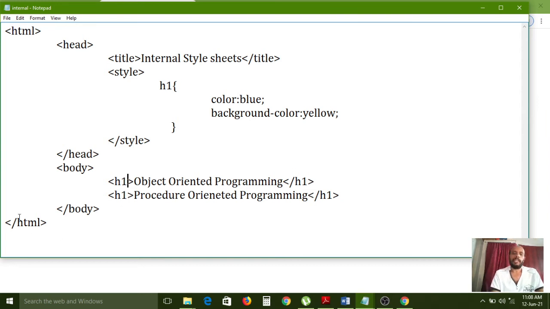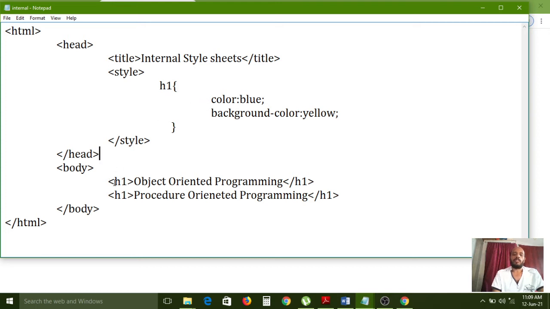But if you write it once here for h1, then in the entire web page, however many h1 tags you used, all h1 tags can use these styles. Here, for the two h1's, I have written the code only one time.